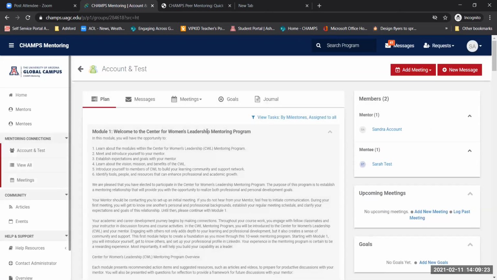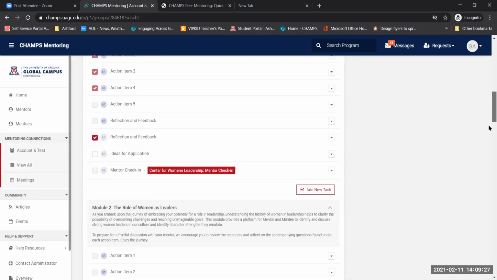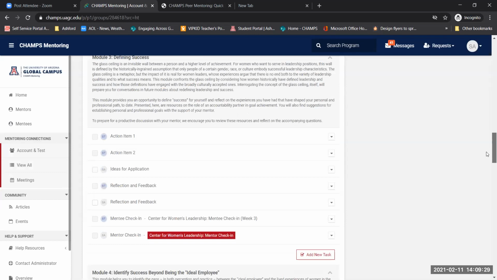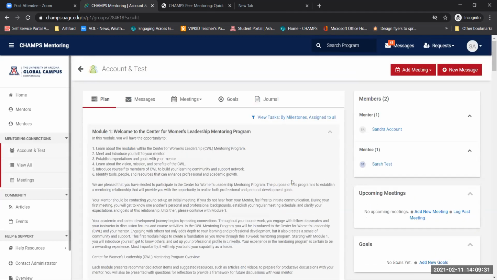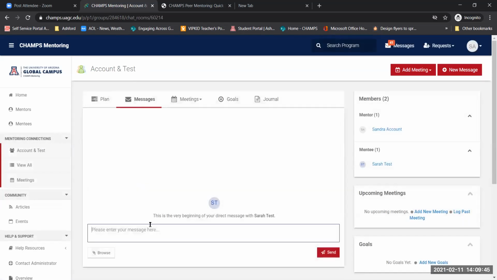It will take you into the actual plan, so you'll be able to see everything that you're going to be covering with your mentee, which Connie covered in each of the modules in the first portion of this recording, orientation. So the first thing you'll do is click on the message and send your mentee